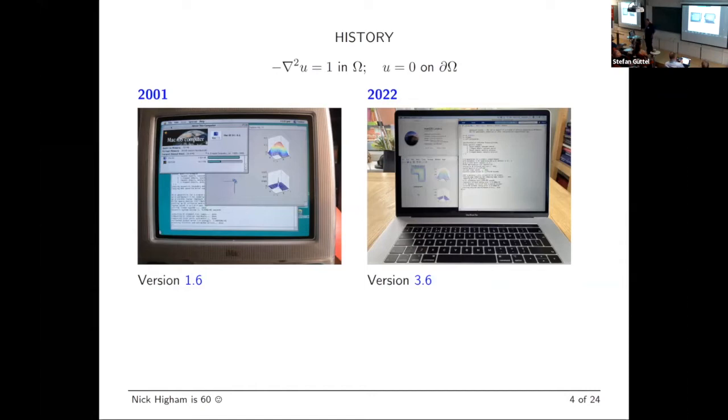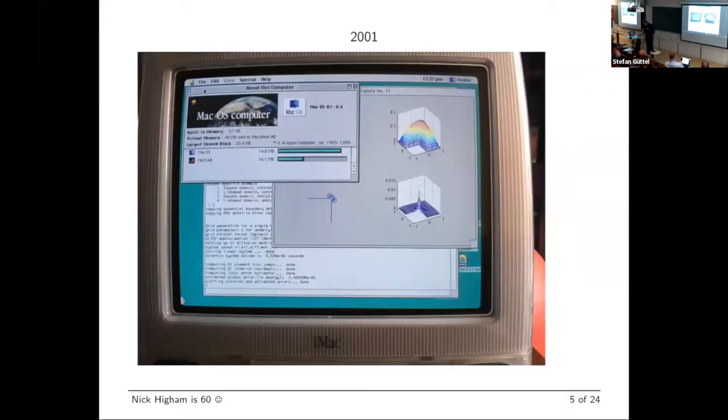So that's quite interesting. 2001, well, he's not here. There's at least one member of this group who wasn't even born in 2001. That's a long time ago. And I can still generate those results today. If you want a little bit more detail, going the opposite of where Jack was going, and look at my computer in 2001, you can see that it came with 32 megabytes of memory. And the operating system takes 14.8 of those megabytes. So I've only got about 16 left to run MATLAB.